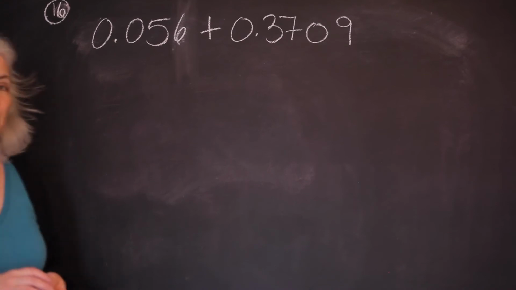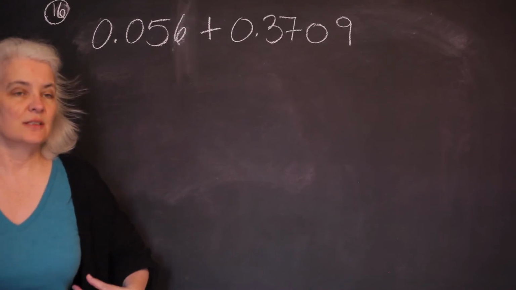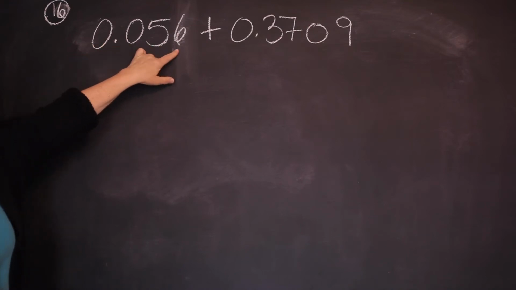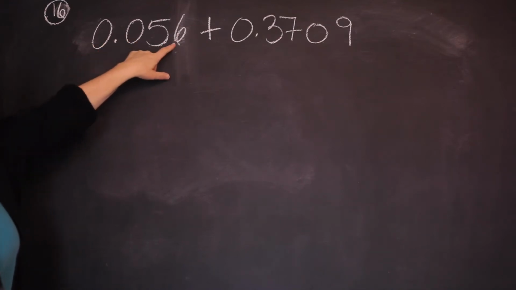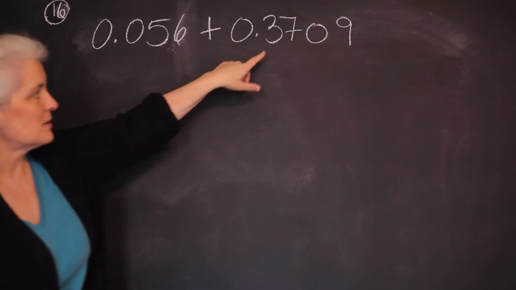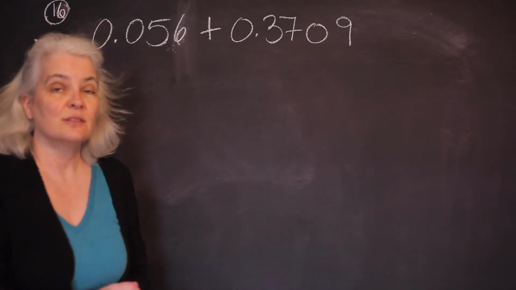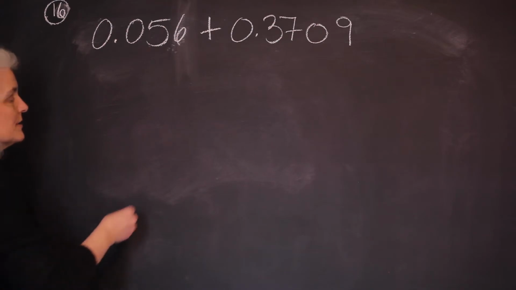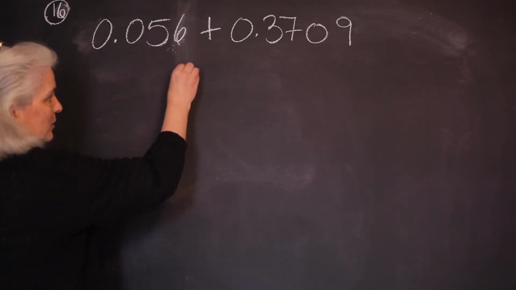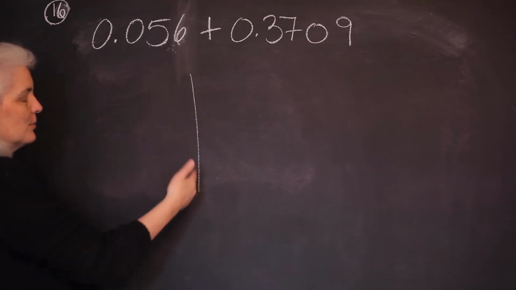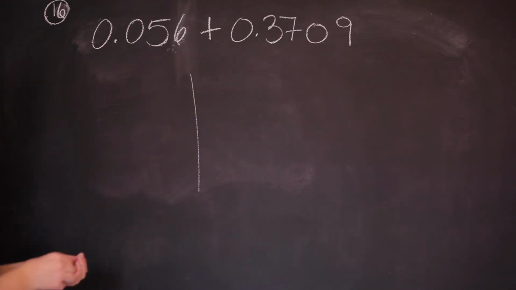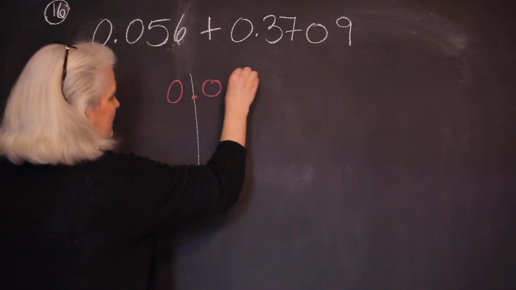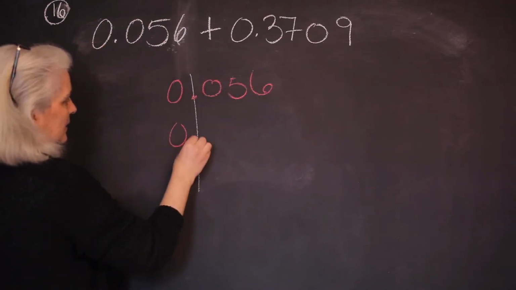Okay, this is an example like problem number 16 on the basic skills test. Here I have 56, right, and I have tenths, hundredths, thousandths. That's 56 thousandths plus 3,709 10,000ths, right? And I need to add those. And what I want to do is, I'm better off if I write it vertically. So I want to think about where my decimal point's going to be, and I want to line up the decimal points. So here I have 0, 0, 5, 6, and then I have